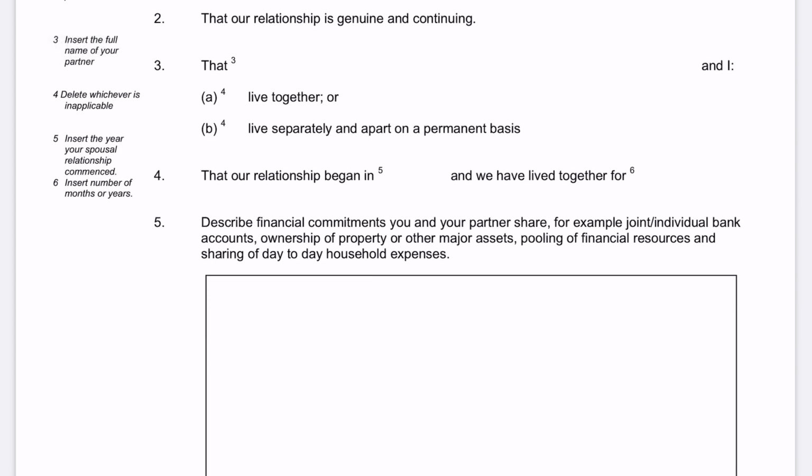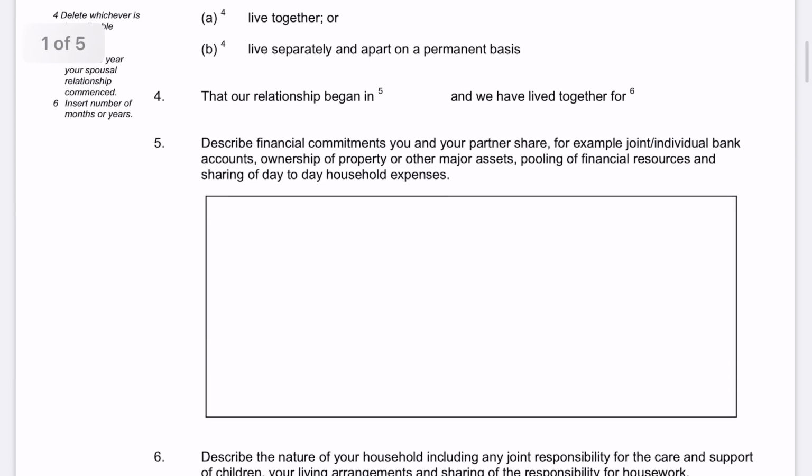Next is describe financial commitments you and your partner share. For example, joint individual bank accounts, ownership of property or other major assets, pooling of financial sources, and sharing the day-by-day household expenses. This is really a very important stage because for any family, financial commitments matter a lot. So if you have purchased a joint property, that's a good indication. Joint bank accounts, joint investments, and